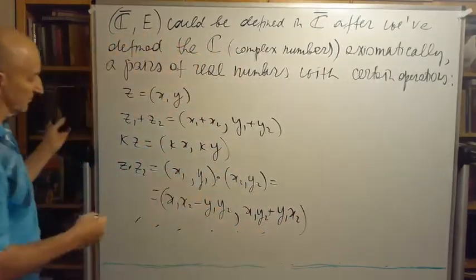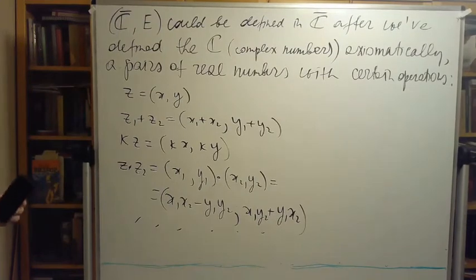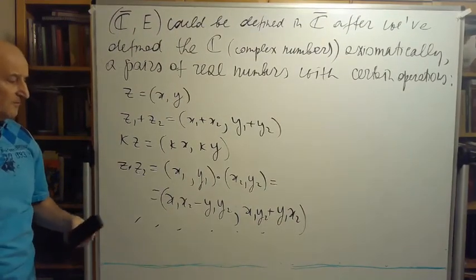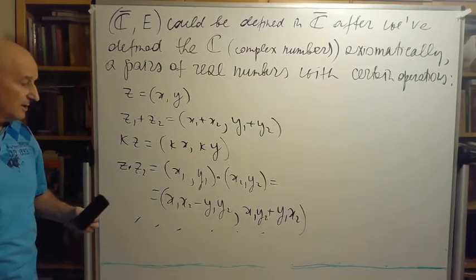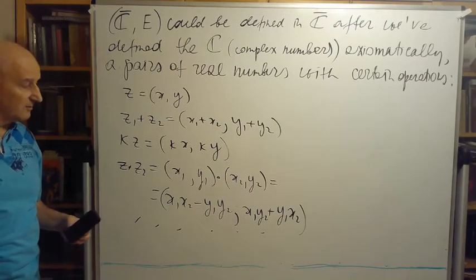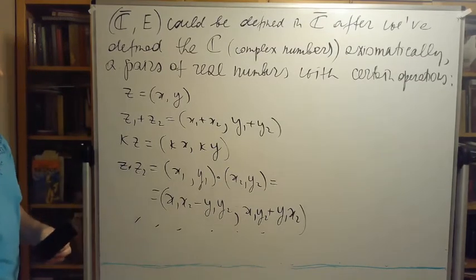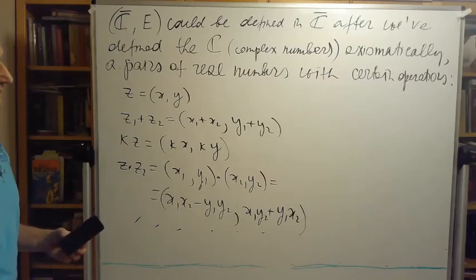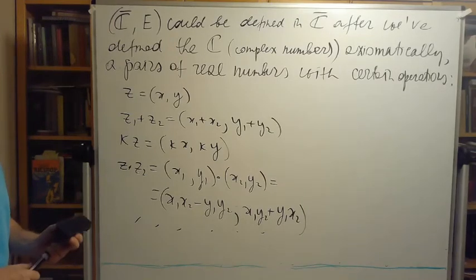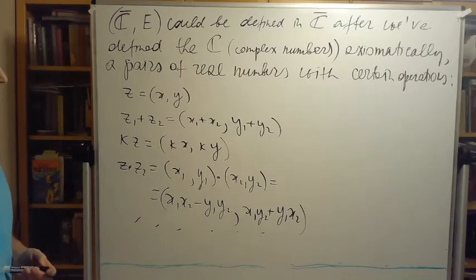You see, it's a very unusual operation, multiplication, but we could have invented such an operation without appealing to any i squared equal to -1 or anything else of this kind. So that's the justification. We could have abstractly defined complex numbers, and develop the whole